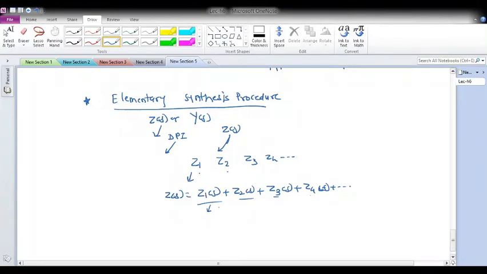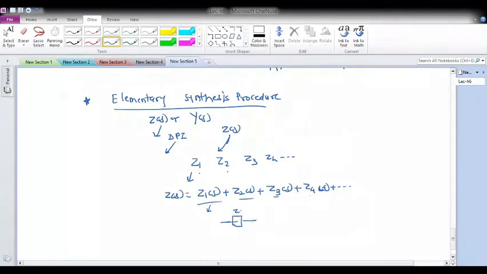So while doing this breakup, it is also important to note that there is a restriction on individual Z1, Z2, Z3, Z4, that all individual ones have to be PRF. Okay, that is all, these have to be positive real functions. So if all the individual functions are given to us, then you can synthesize it simply by connecting them in cascading form. Okay, so this is Z1, Z2, etc.